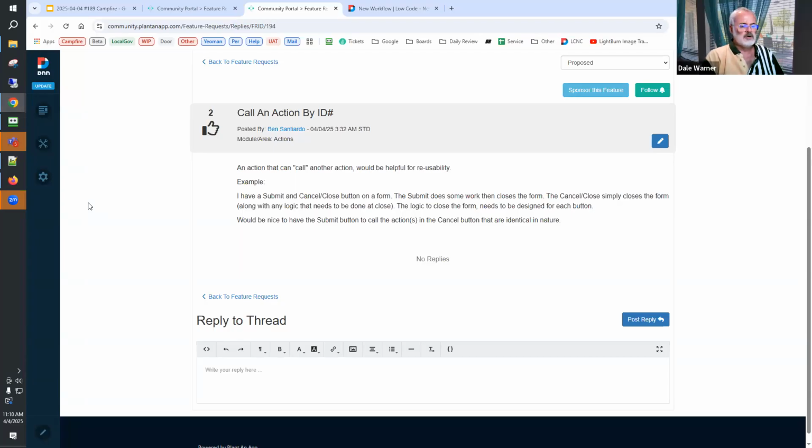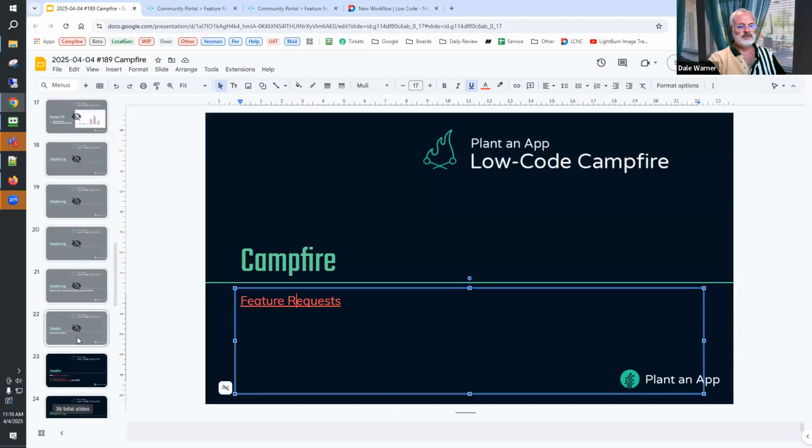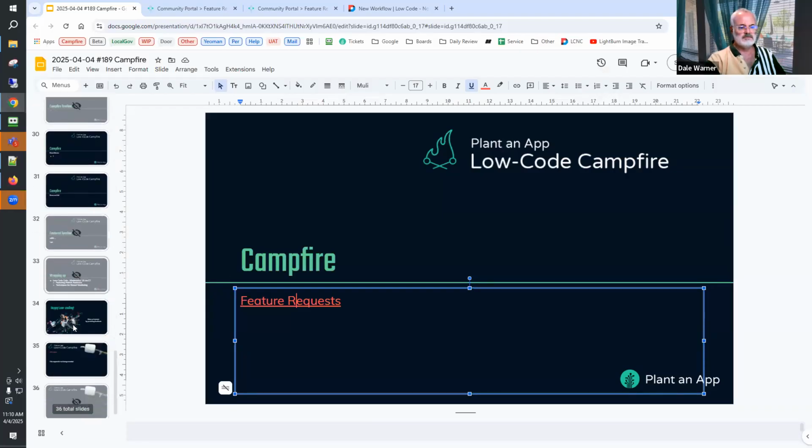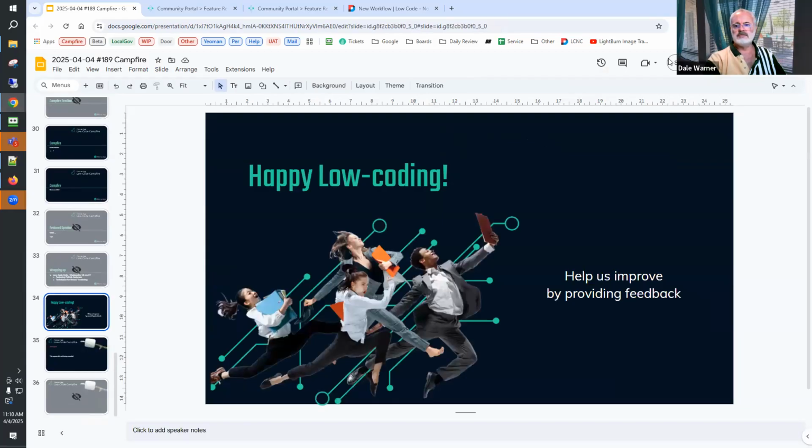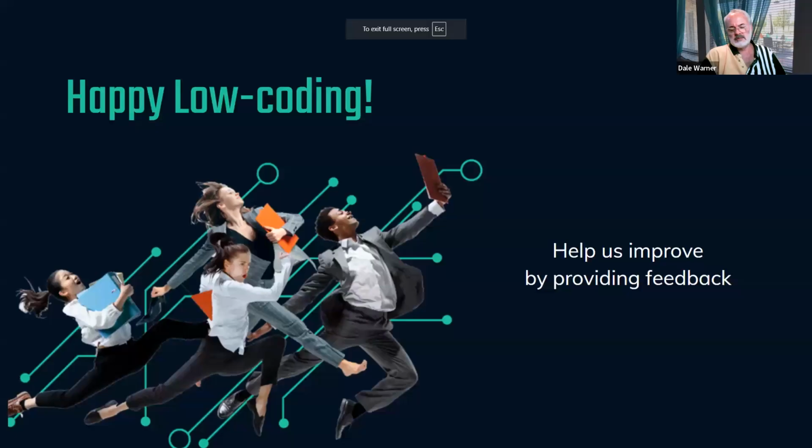Okay, since we're already at 70 minutes, I'm going to call it here. Anything else that you want to bring to my attention? I have to do prioritization of things, make suggestions, and bring them in front of the product committee so that we can make decisions on what gets worked on in our new latest version. If you want to email support@plantandapp.com anything that we didn't talk about today, happy to put it into the mix.